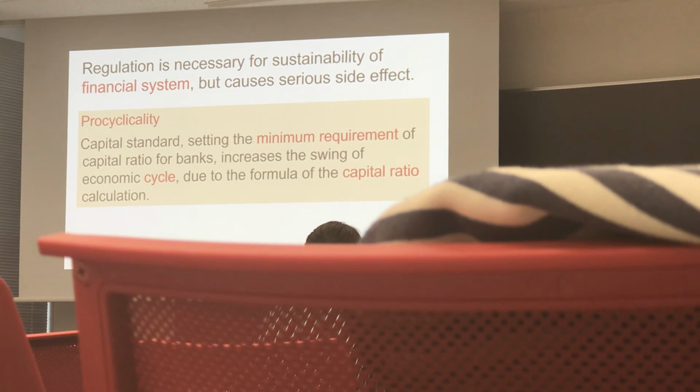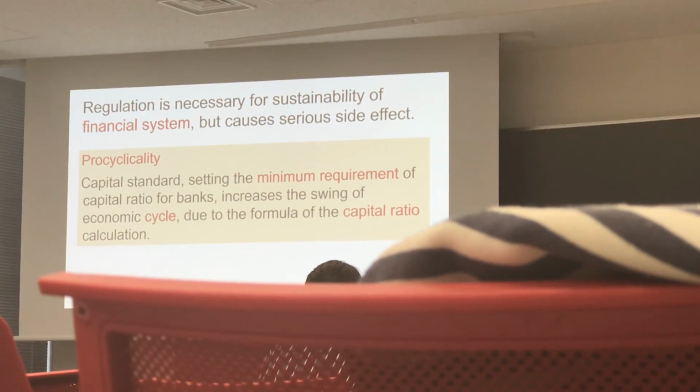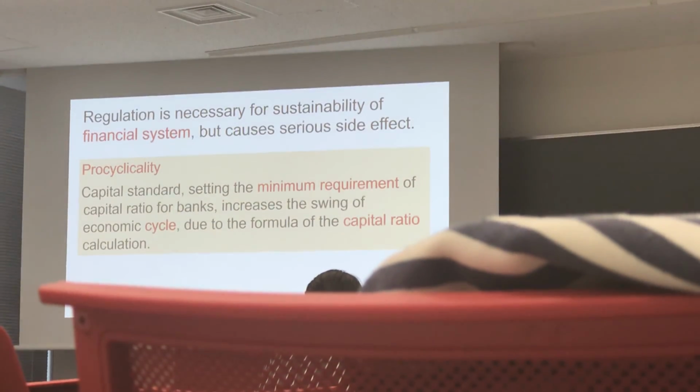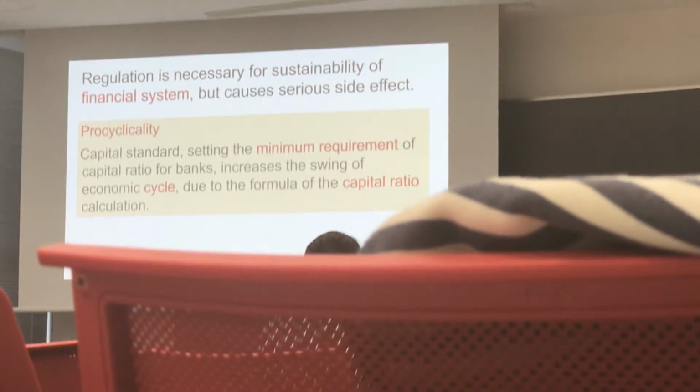At the same time, the regulation provides some byproduct or negative effect for the economy. One major effect is so-called procyclicality. Because the capital standard is based on the calculation of capital divided by risk-weighted assets, in a downturn of the economy, like deflation, the risk weight for companies tends to get higher than capital